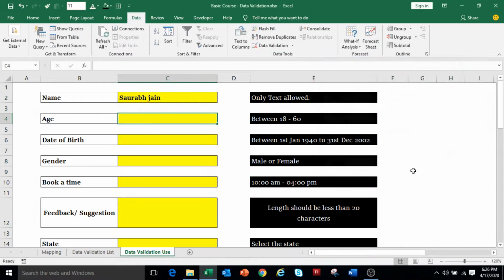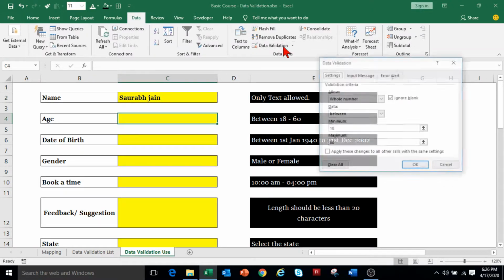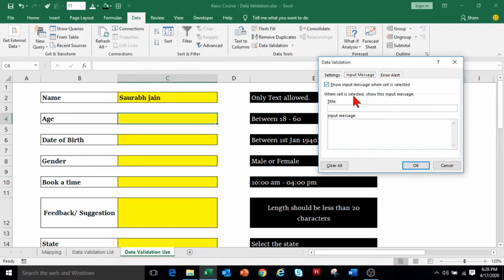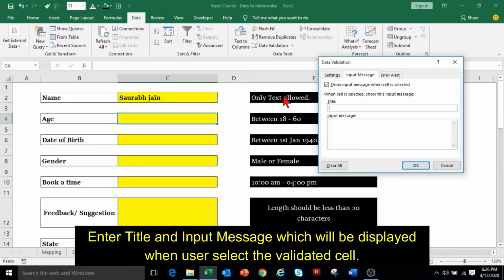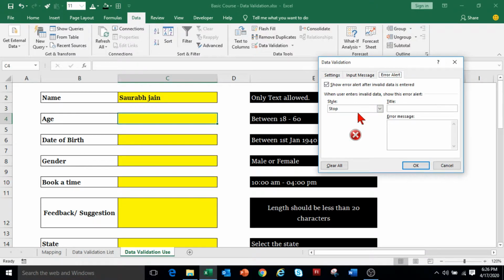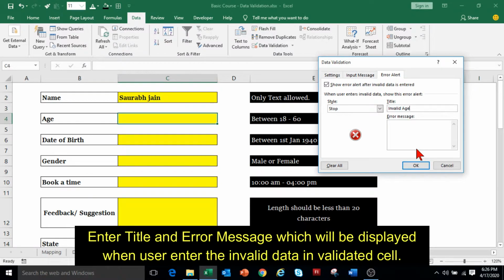Click OK. Again, to specify the input message and customize the error message, click on Data Validation again and go to Input Message. You can specify the title as Age, and the input message, Enter age between 18 and 60. In Error Alert, I'm selecting Stop again, title Invalid Age, and message Age should be between 18 and 60.